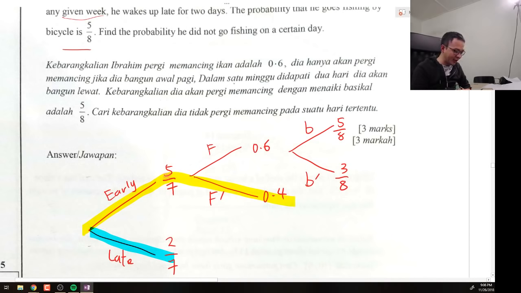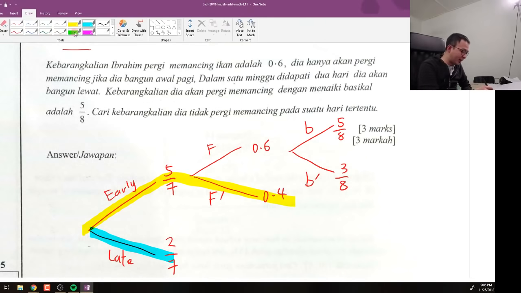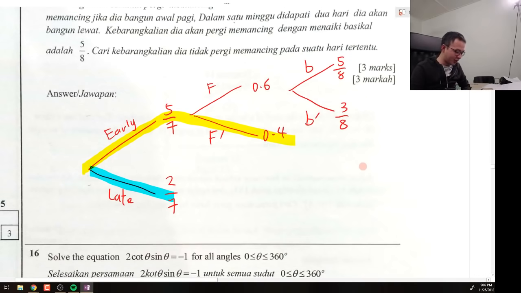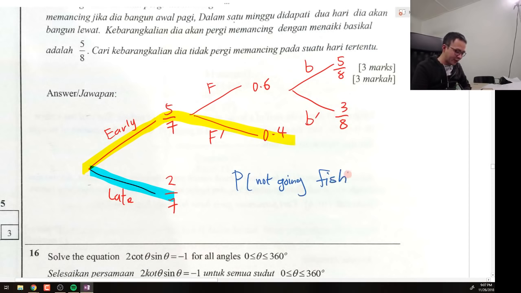So he wakes up early and goes fishing by bicycle. He wakes up early and goes fishing, not by bicycle, but he still goes fishing, right? So not going fishing is basically the yellow and the blue only. Therefore, in this question, the probability of not going fishing will be